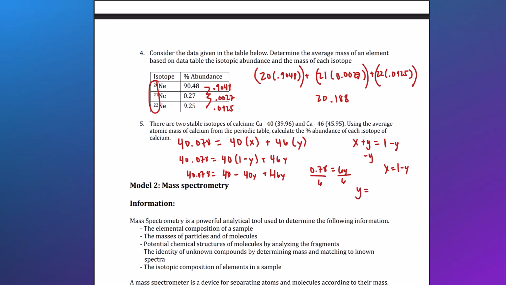You're going to get Y equals 0.013 and X equals 0.987. But you have to go back to the question, and it says the percent abundance is what it wants. So this is not the percent abundance, it's the relative abundance. You have to convert these into percentages. So what you're going to do is multiply those by 100, and you should get calcium 40 is going to be 1.3% abundance, and calcium 46,